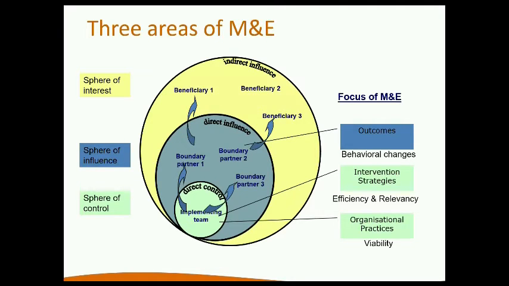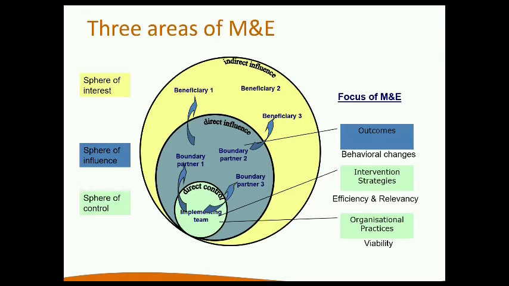So outcome mapping makes a distinction between the different types of stakeholders that we work with and breaks them down into what outcome mapping calls boundary partners. There's some new jargon, some new terminology in outcome mapping, and that's something we go over in a workshop, and the meaning behind that terminology. So break stakeholders down into boundary partners and then broader beneficiaries, which would be in the sphere of interest. And the sphere of interest would be at a broader impact level.